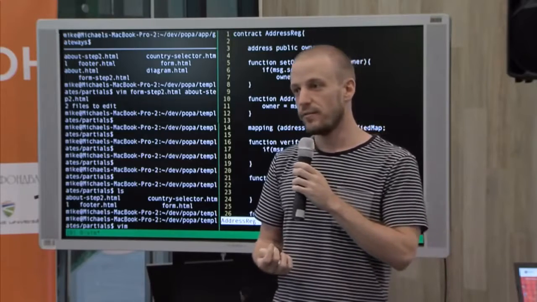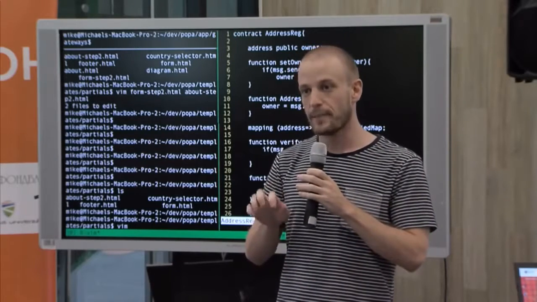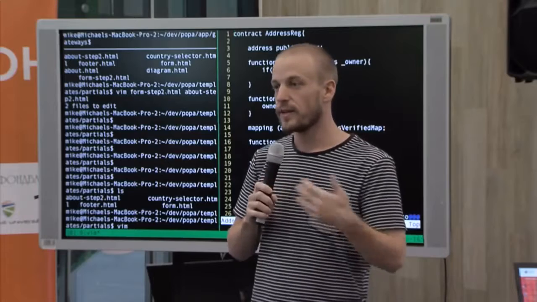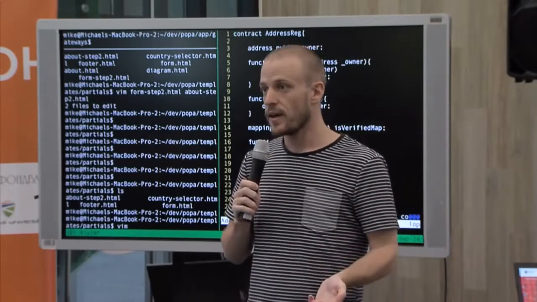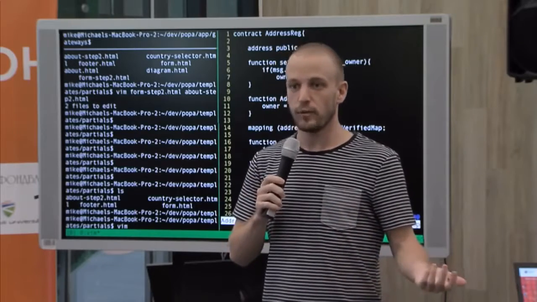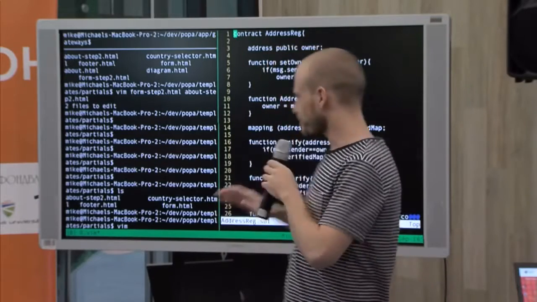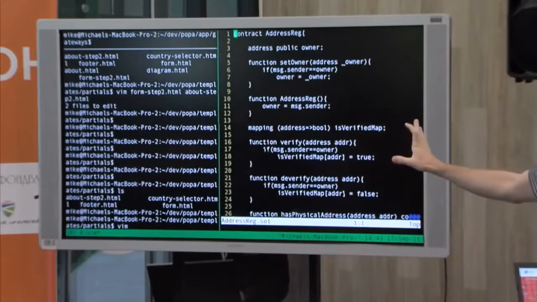The idea is, if you've ever been on a website and you have to enter a CAPTCHA code to prove that you're not a robot, that's a little bit annoying. If we could just prove in a programmatic way that you're able to receive mail, well, generally robots can't receive mail. So this is a smart contract. It lives on the blockchain.